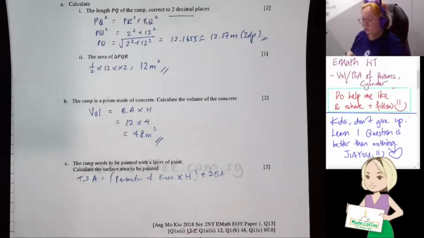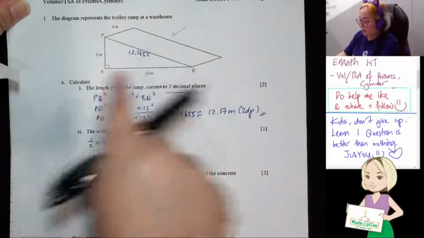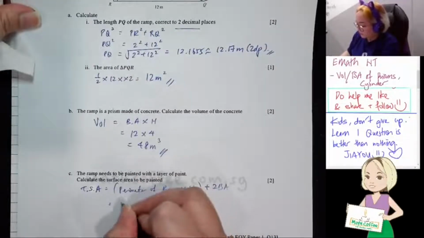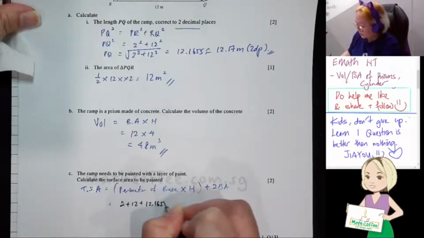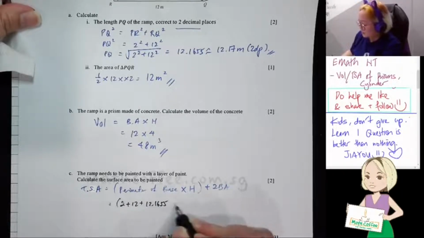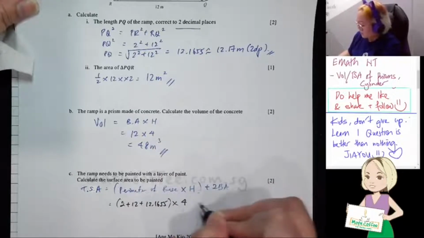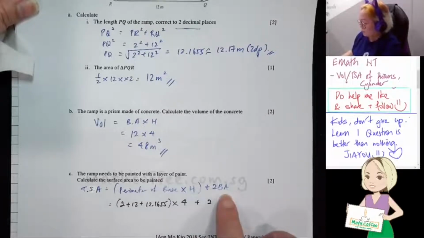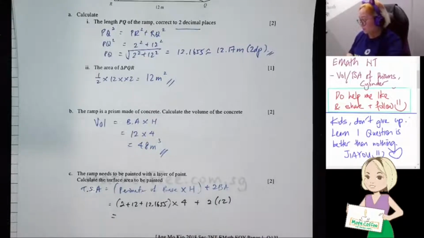So the perimeter of base, we already know that the base is this one. So perimeter of base means 2 plus 12 plus this 12.1655. So we will write 2 plus 12 plus 12.1655. This is called perimeter of the base. Multiply by the height. The height is the same height as this one, which is 4. And then after that, we're going to plus 2 base area. And the base area is a triangle, so it's 2 times 12. Okay, so let's work 2 plus 12 plus 12.1655